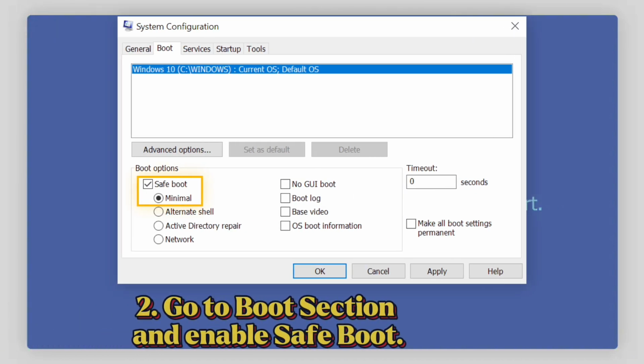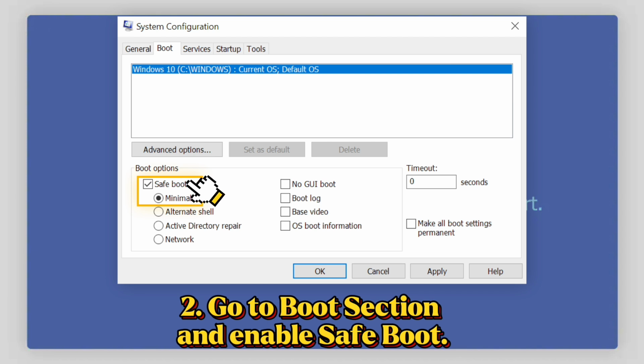Step 2. Go to Boot section and enable Safe Boot. Now that the system configuration window is open, we'll set Windows to start in safe mode. Safe mode loads Windows with only essential drivers and services, which can help prevent the blue screen of death from recurring immediately and allow you to troubleshoot. Your computer will now boot into safe mode if your blue screen of death was caused by a non-essential driver